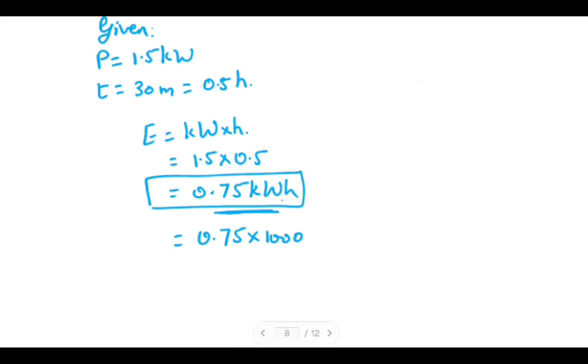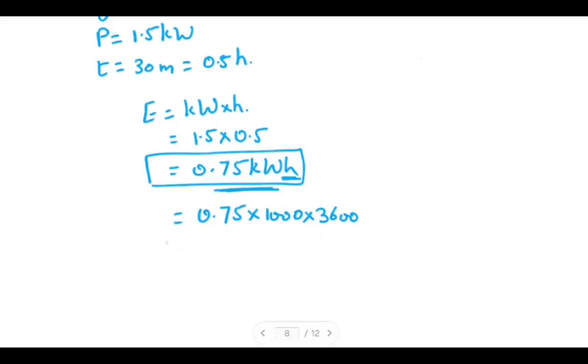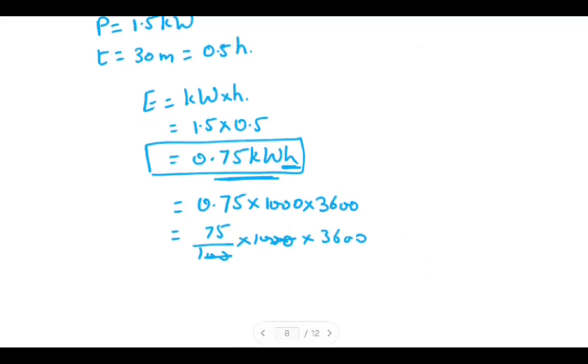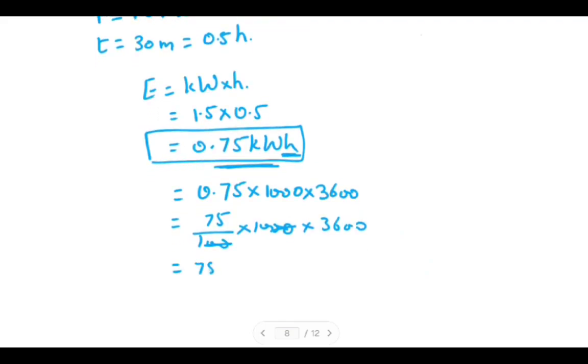Correct? And then the hour. How much is 1 hour? 3600 seconds. Correct? 75 upon 100 into 1000 into 3600. 100 cancel. This gives me 750 into 3600, which is equal to how much? 2700